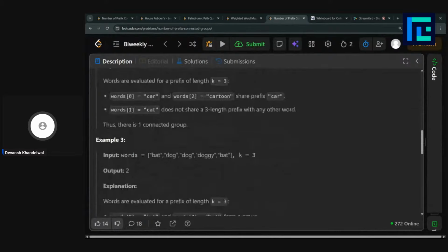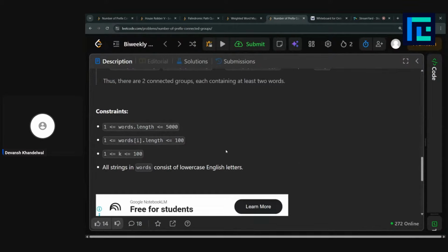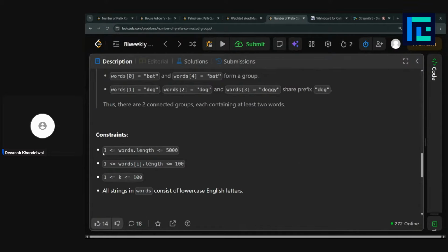So first we are going to see the constraints of the problem. We are given that the length of the words array is around 1 to 5000. And each word's length is around 100. And k is greater than or equal to 1 and less than or equal to 100.